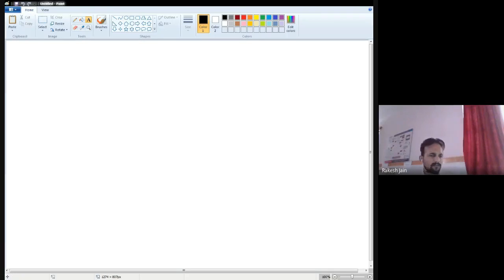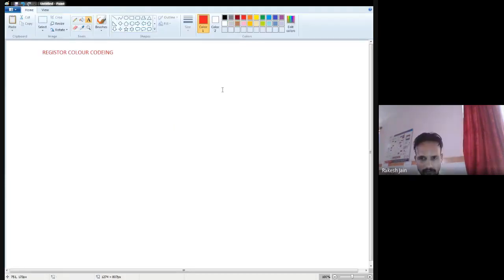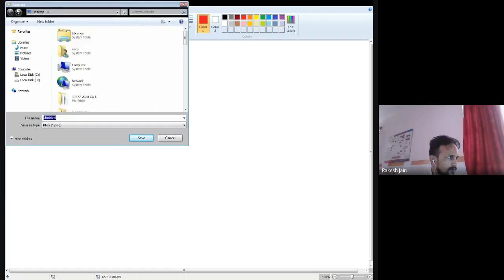Yes. So see this MS Paint file, and I am going to teach you about the resistor color coding. Whenever we purchase any resistance, such as 5 kilo ohm, 15 kilo ohm, or 12 kilo ohm, that resistor consists of certain colors. For example, I will show you one or two resistors so that you will understand easily.